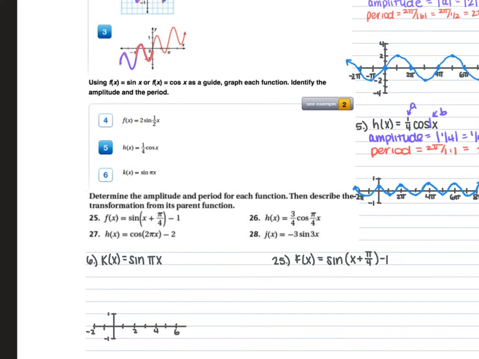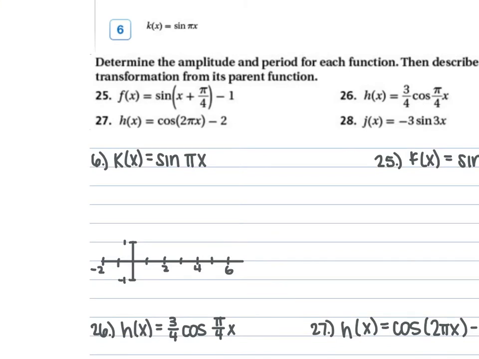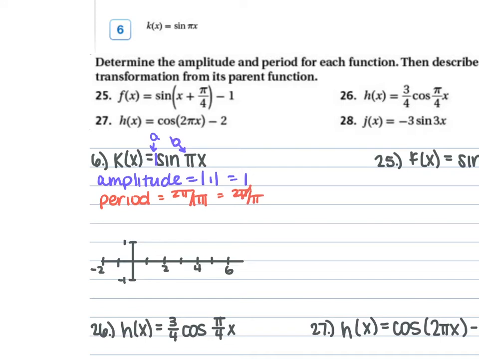For 6, we are given k of x is equal to sine pi x. So our a is 1, our b is the pi. So our amplitude is the absolute value of 1, which is just 1. And then your period is 2 pi over the absolute value of pi, which is just 2 pi over pi, which is